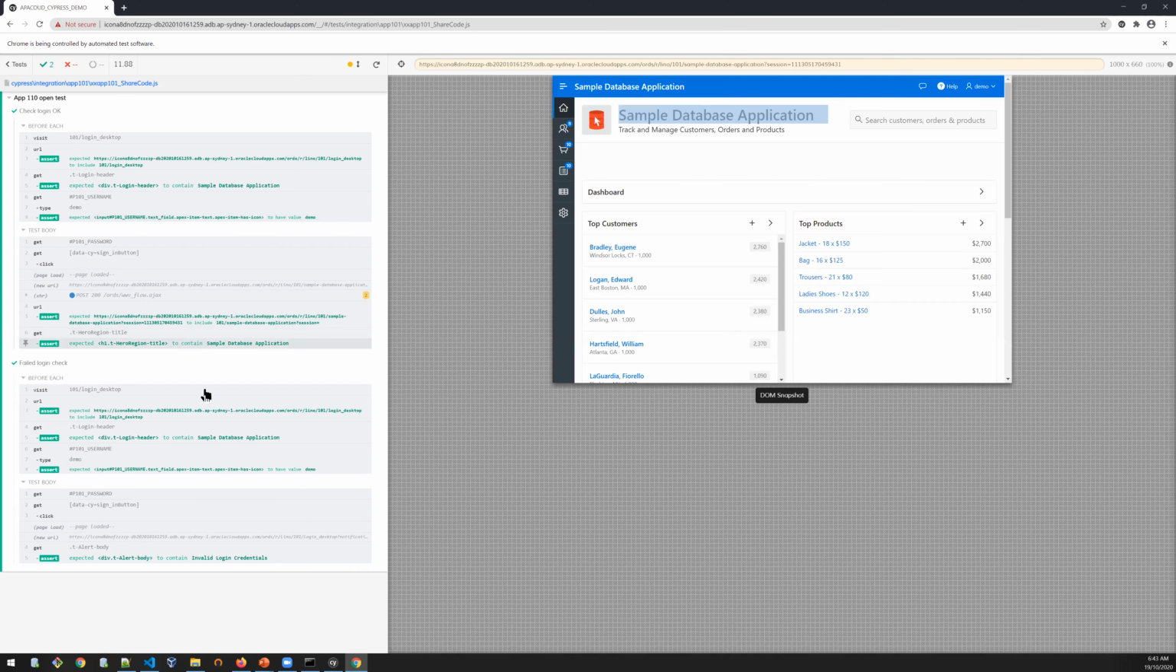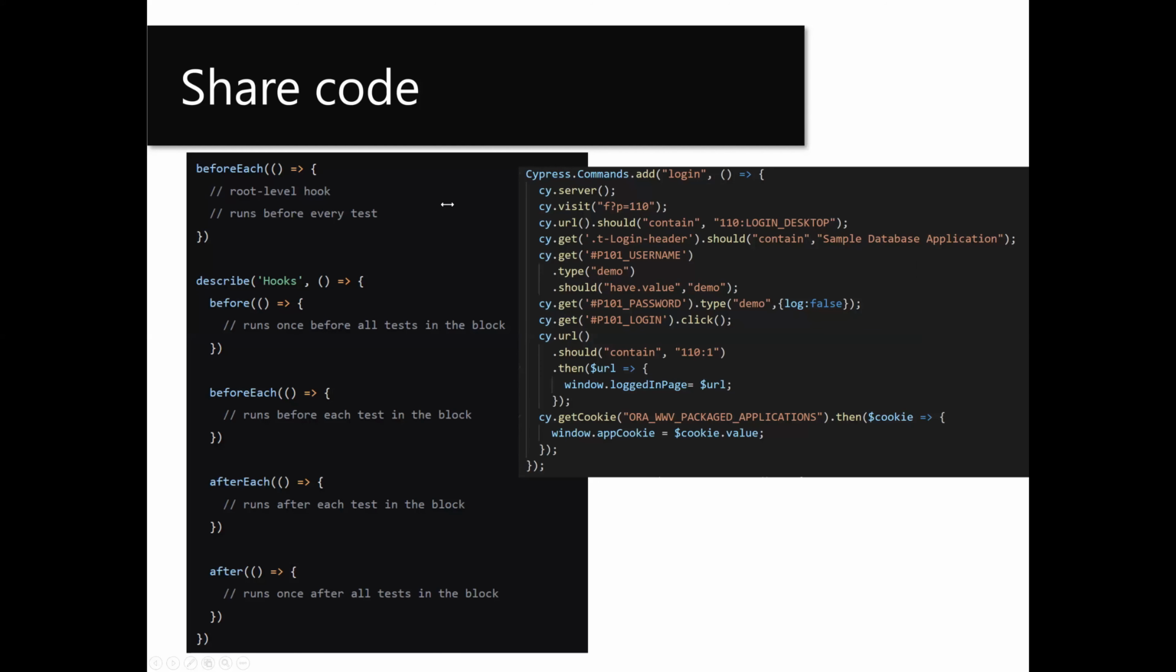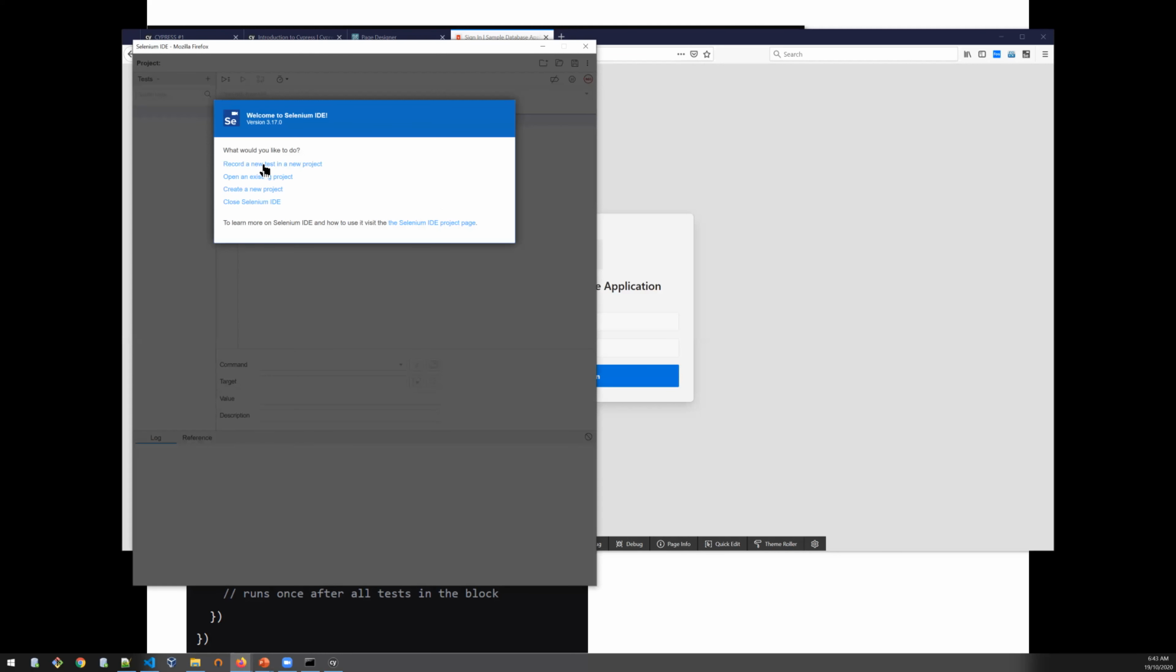Okay, if I were to draw a line of comparison to Selenium at this point, just for the sake of being able to do that, one sec, jumped too quickly on it. So if I run my Selenium here,